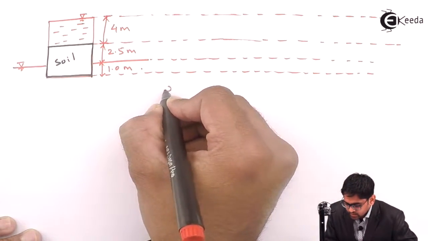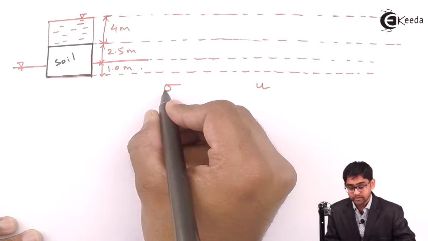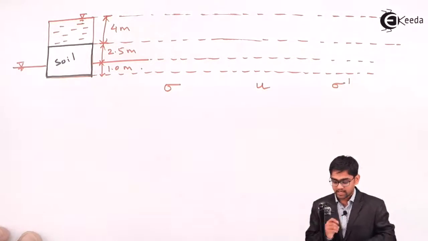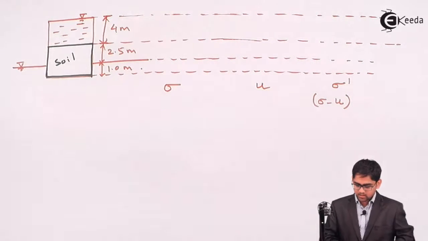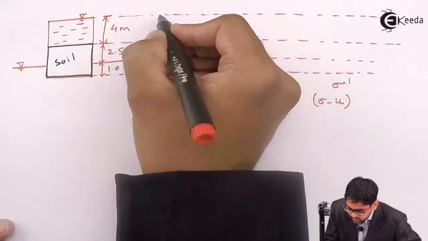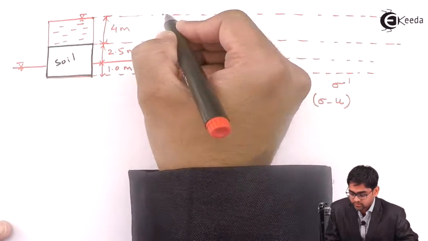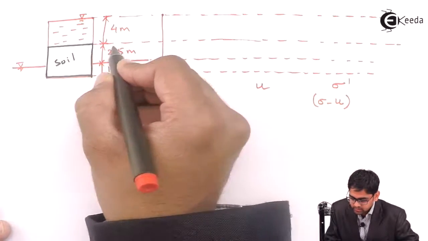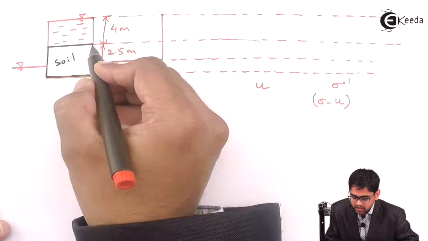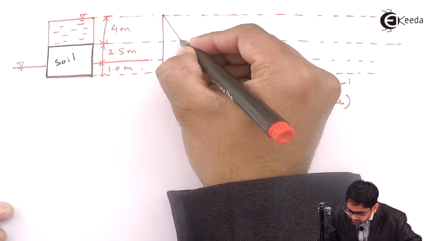So I'll draw over here neutral stress U, total stress sigma, and effective stress, which we denote by sigma dash. So sigma dash is just sigma minus U, total stress minus neutral stress. Over here the total stress acting at this particular point is exposed to atmosphere, so gauge pressure will be 0. So the total stress is 0. But if I come to this particular level, the stress will be equal to gamma W into 4, so gamma W is 9.81 into 4, it becomes 39 point